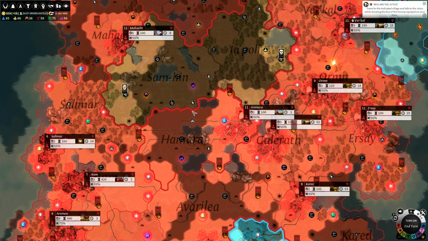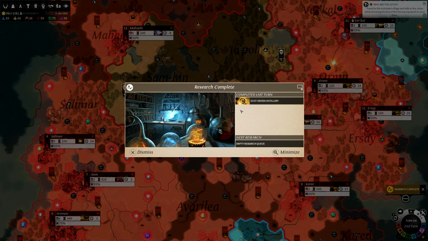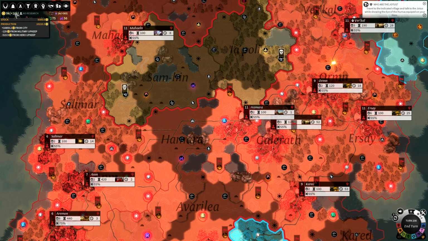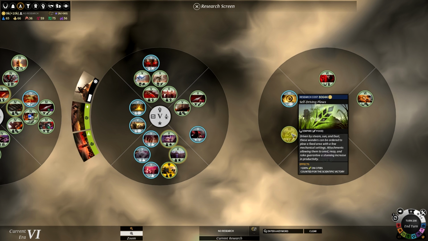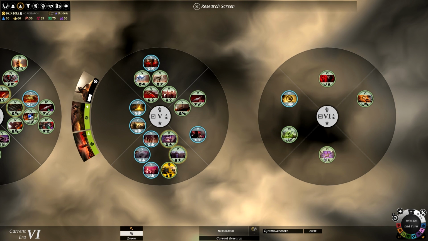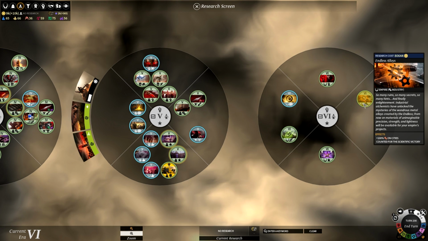And that put us on 86,000. So let's complete this technology. And that put us up to 10,000 dust per turn. 10,200. It's a bit less than I thought it would be, actually. But how much do we need for the next one? 80,000. So the next one that's probably most useful